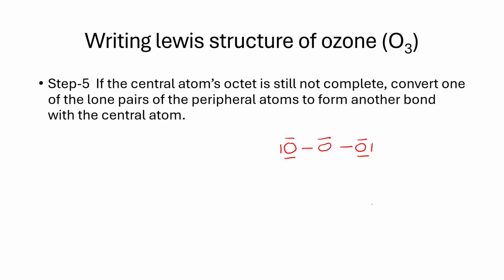All right. So now if the central atom's octet is still not complete, and here we are not talking about those molecules which have expanded octet, then what we need to do is convert one of the lone pairs of electrons of the peripheral atom to make a bond with the central atom. So that means we can use either of these two oxygens' lone pair, just one lone pair, and convert it into a bond. So let's just do it with this one. What we'll do is use this to make a covalent bond here. And when we do that, the final structure